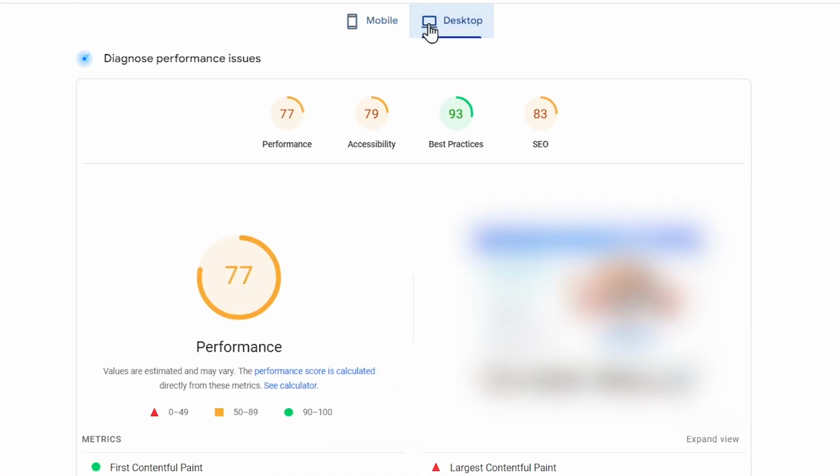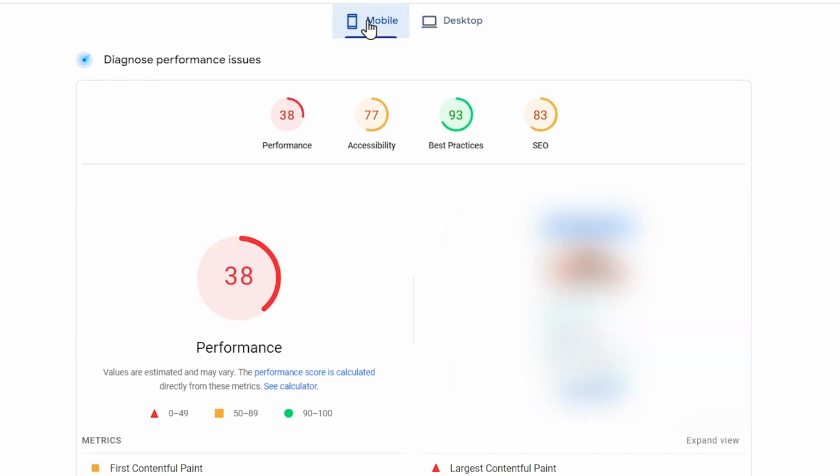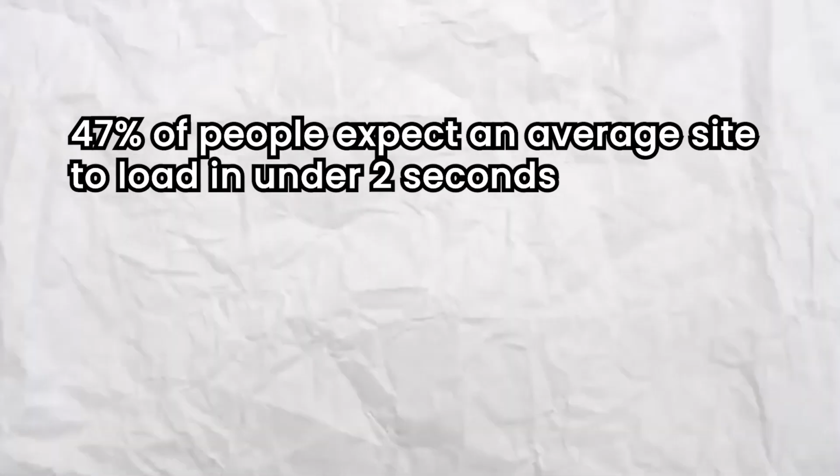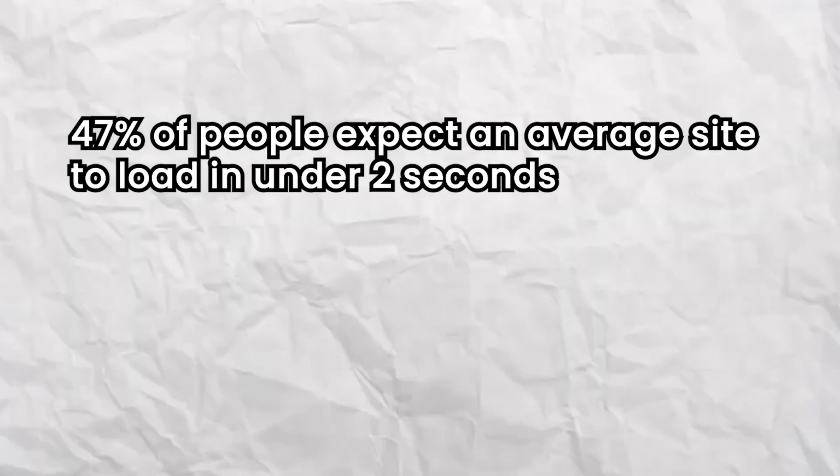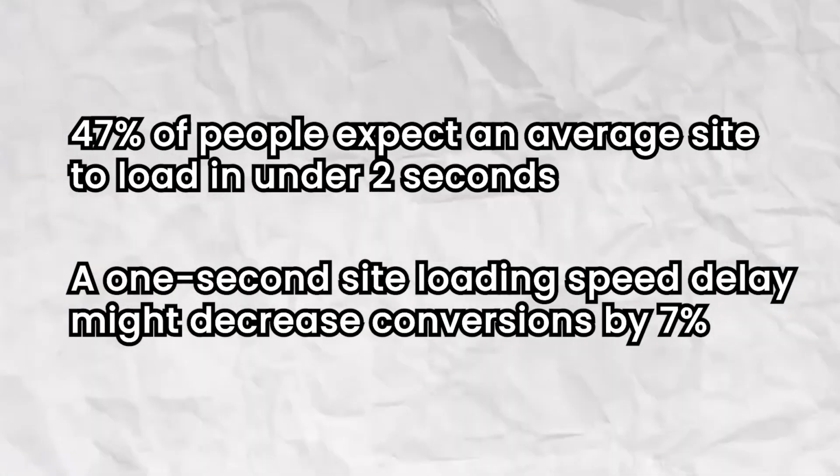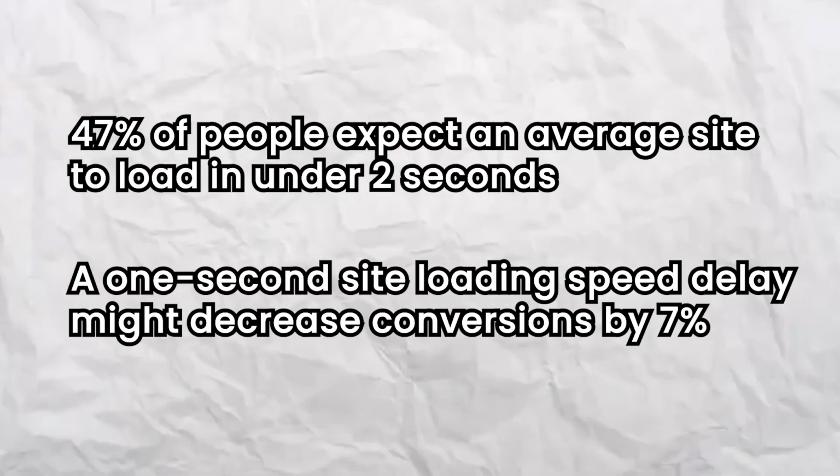See what score you get for both desktop and mobile. The faster your site loads, the better. According to data, 47% of people expect your site to load in under 2 seconds, and each second of delay might decrease your conversions by 7%. This means that a slow website is one of the biggest potential areas for improvement in your business. Unfortunately, many advertisers neglect this aspect, spending a lot of money driving traffic to a site that simply doesn't convert as well as it could. Each second counts, and improving these elements can significantly boost your overall market